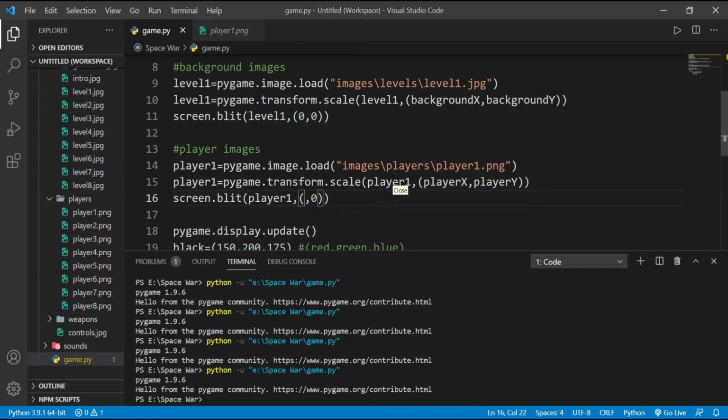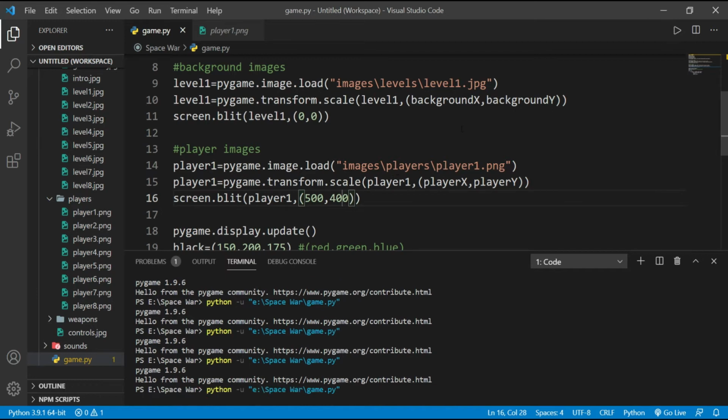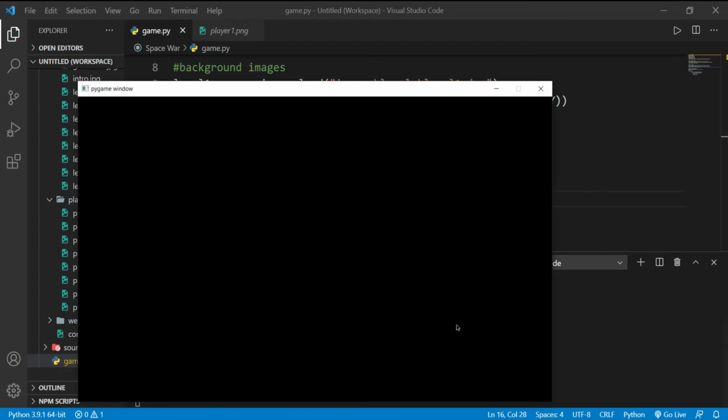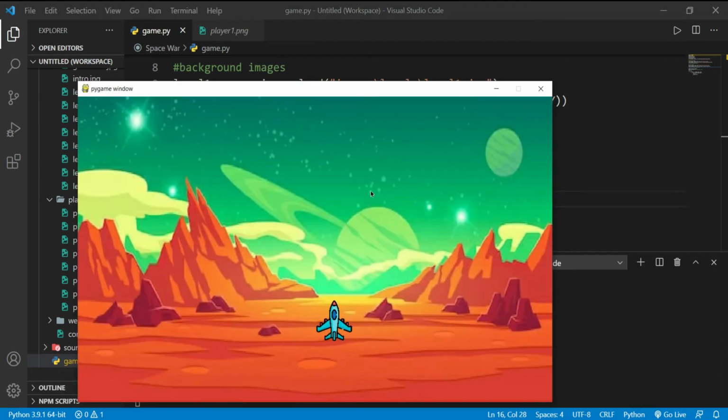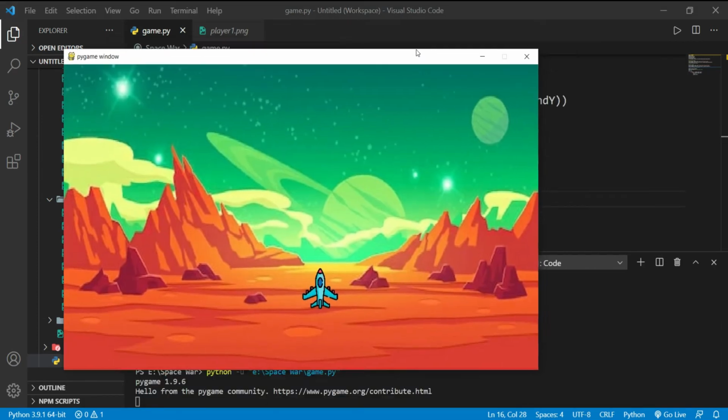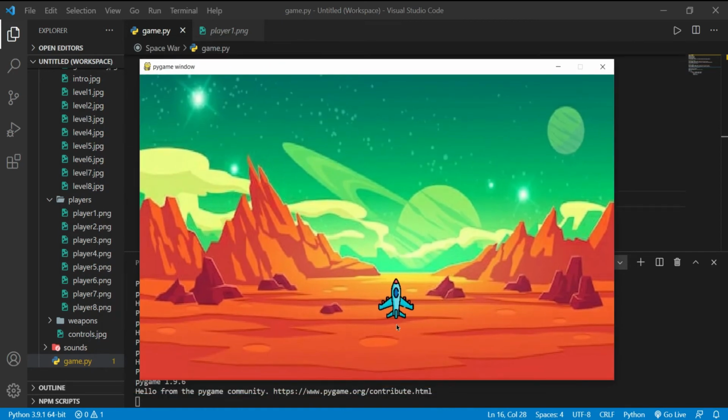I want to display our player at 500 in the x-axis and 400 in the y-axis. And for that, change it in the screen dot blit, and again let's run this. So as you can see, it has set our player to 500 in the x-axis and 400 in the y-axis.